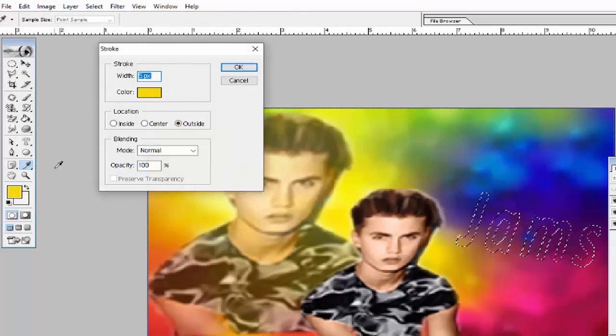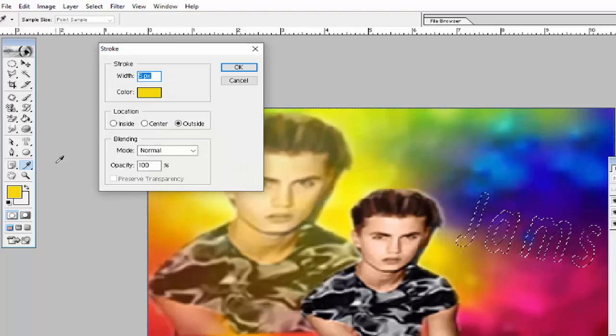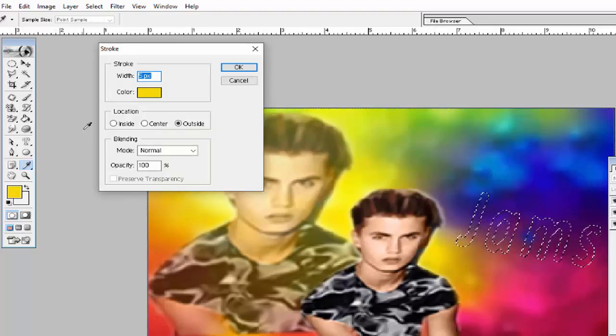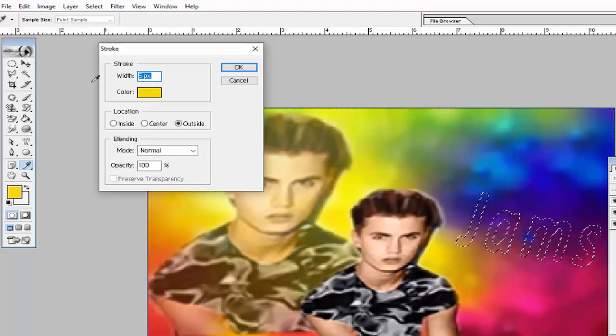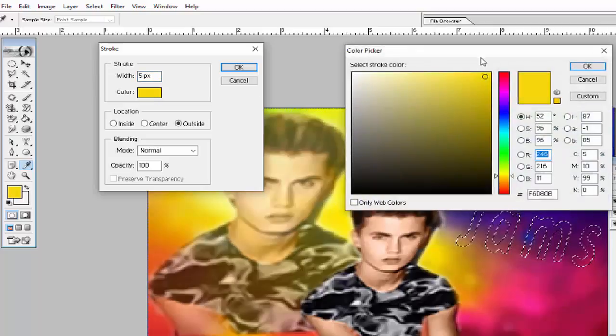And then after, click on the background layer, go in Edit, click on Stroke to give an outline to James, because at this time the name is in mask form and we will convert it into outline form. Enter the width, 5 pixels, then select the color, yellow from here, and click OK.